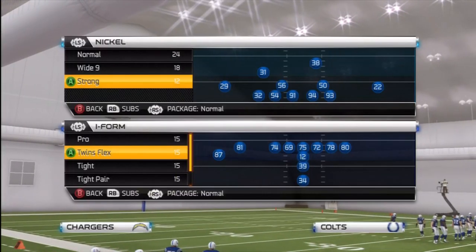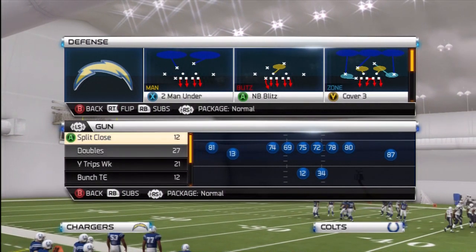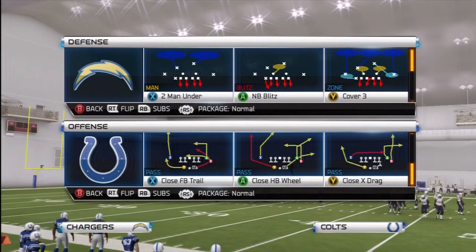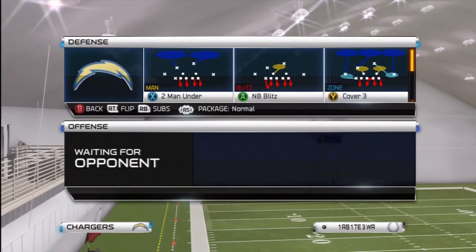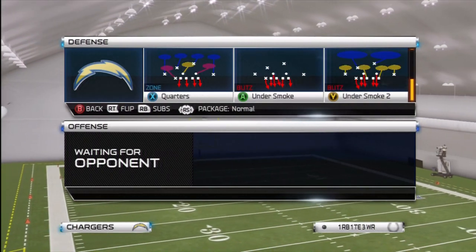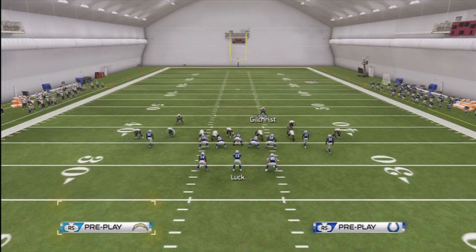Now we're going to look at the Sugar 2. And the Sugar 2 is a defense that he uses in situations like 3rd and short, 4th and short, where he thinks you might throw to the flat. So it's a good defense for a situation where it's like, okay, I want to bring the heat, but I also want to take away the flat at the same time because I think they're going to hot throw. So in this defense, he likes to,